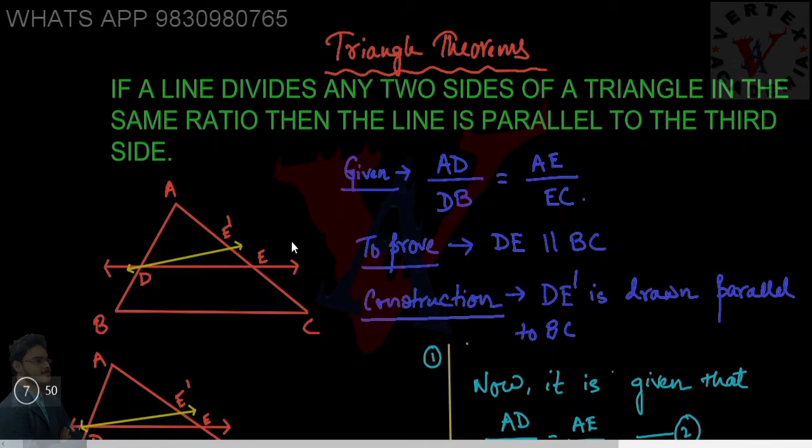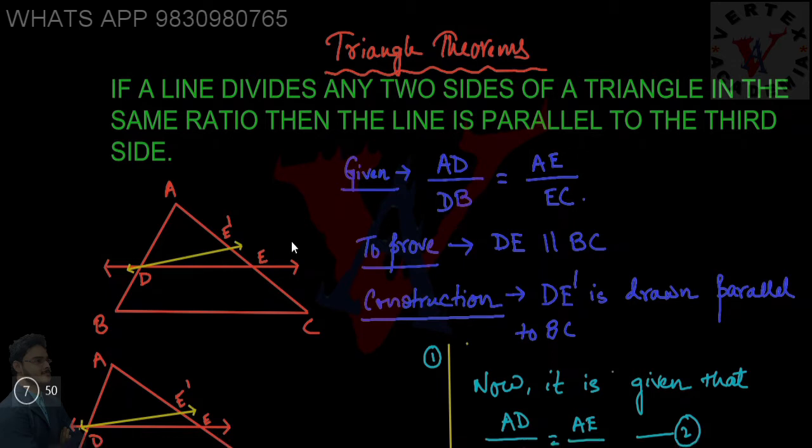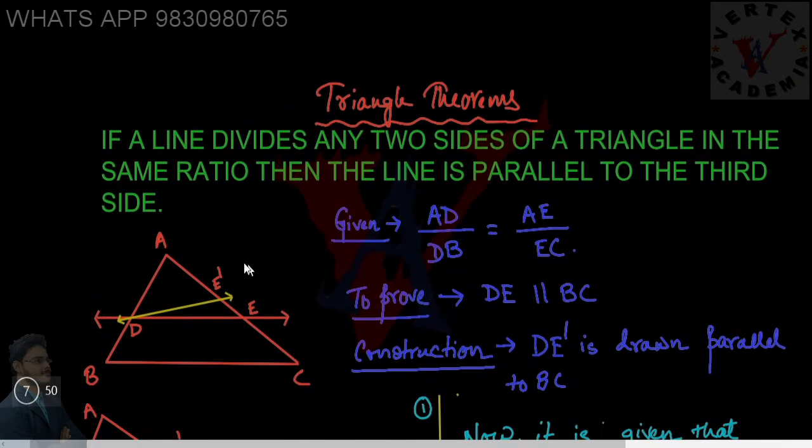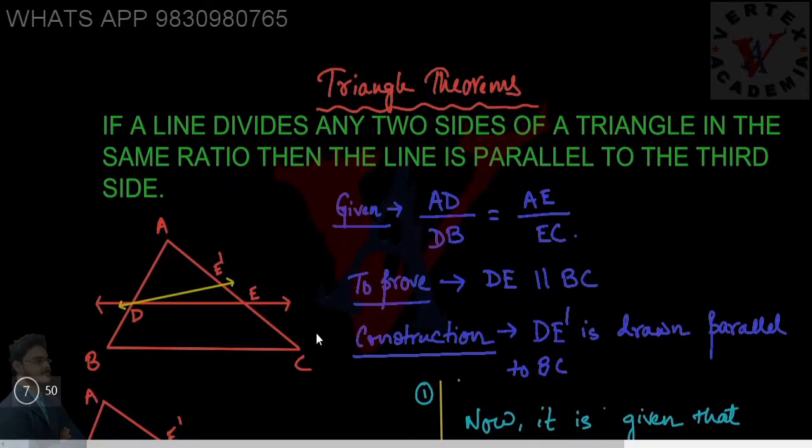Now for this type of problem we apply a specific kind of approach, that is, we prove this by contradiction. First we assume that DE is not parallel to BC, and then we come to a point which contradicts our initial assumption that DE was not parallel to BC, and thus we have to say that our assumption was wrong and DE must be parallel to BC. So for that,